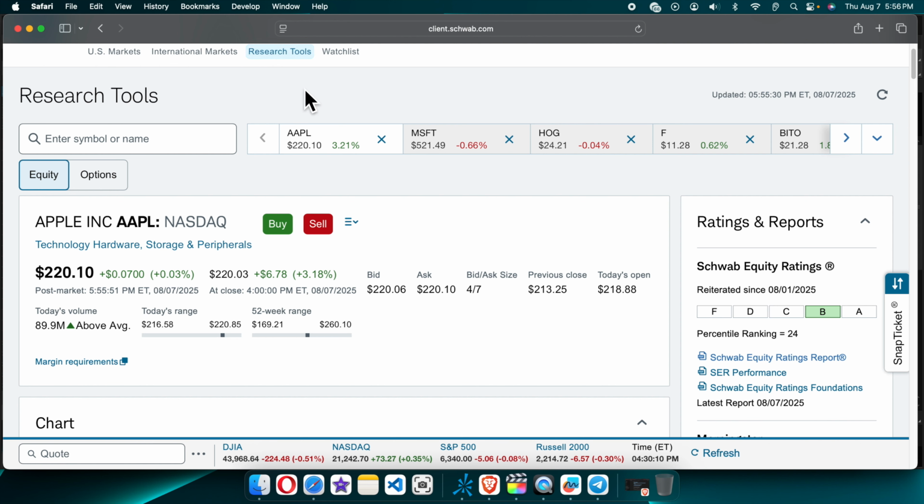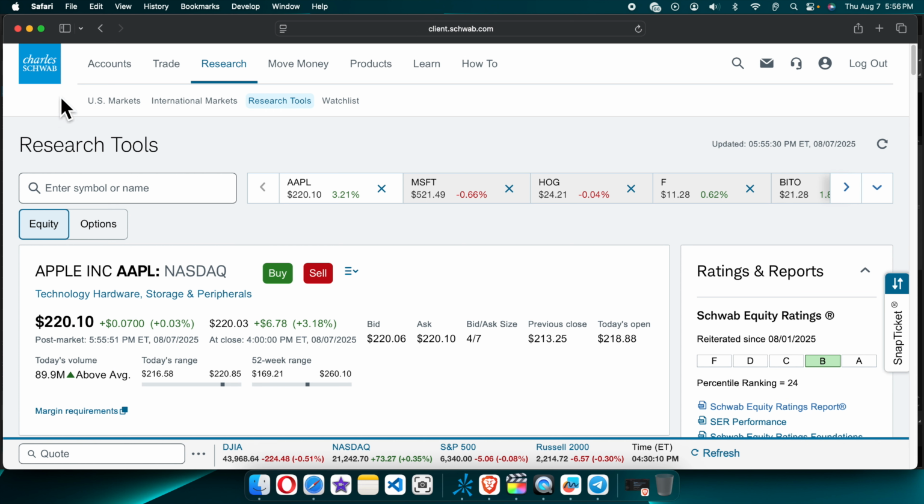So here I've just opened a Webull account, and there is a stock, Apple stock. If you are using Webull or Thinkorswim or something like that, then you can easily find out which company is paying dividends or not. It's very simple. The steps are very similar. You have to click the search box. Every trading application has this type of search feature, and then you have to find the